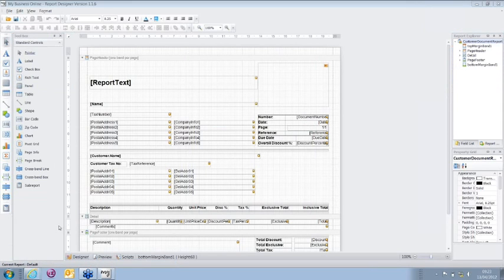Okay, I've got a question from Paula. She wants to know how do I add a fax number and a telephone number to the invoice. I'm going to go all through that and then I'll actually show you how that is done. Okay, so initially,